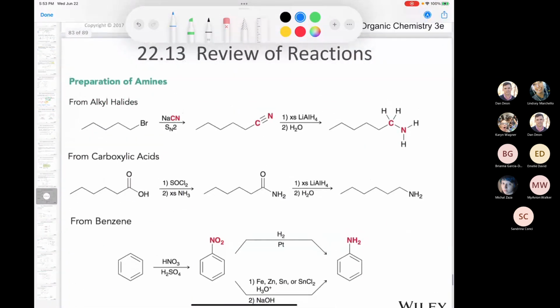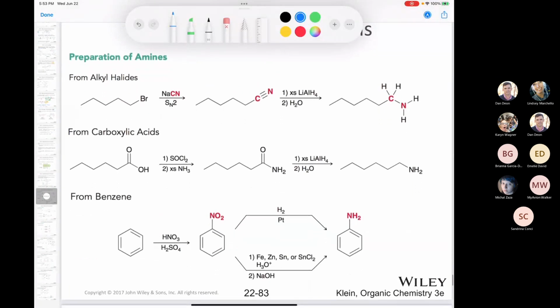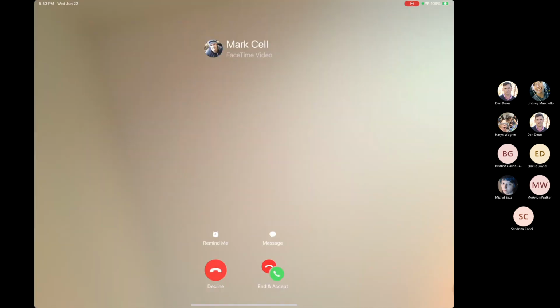And there you go. So let's just take a look at all the different reactions we covered, because there were a few. This one is a review. This one's from chapter 7. This is a chapter 7 reaction from Organic Chemistry 1. Just an SN2 with a cyanide to make a nitrile, which can be reduced with lithium aluminum hydride. Then,